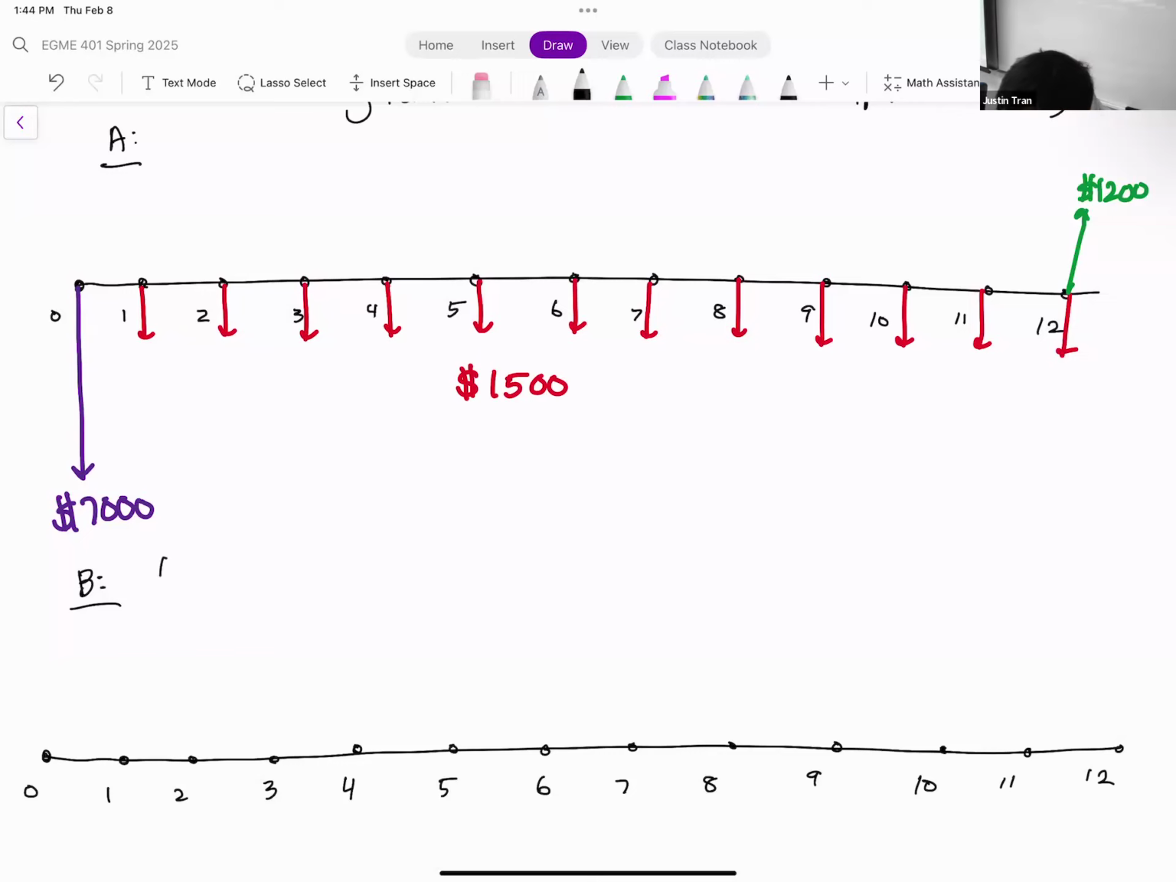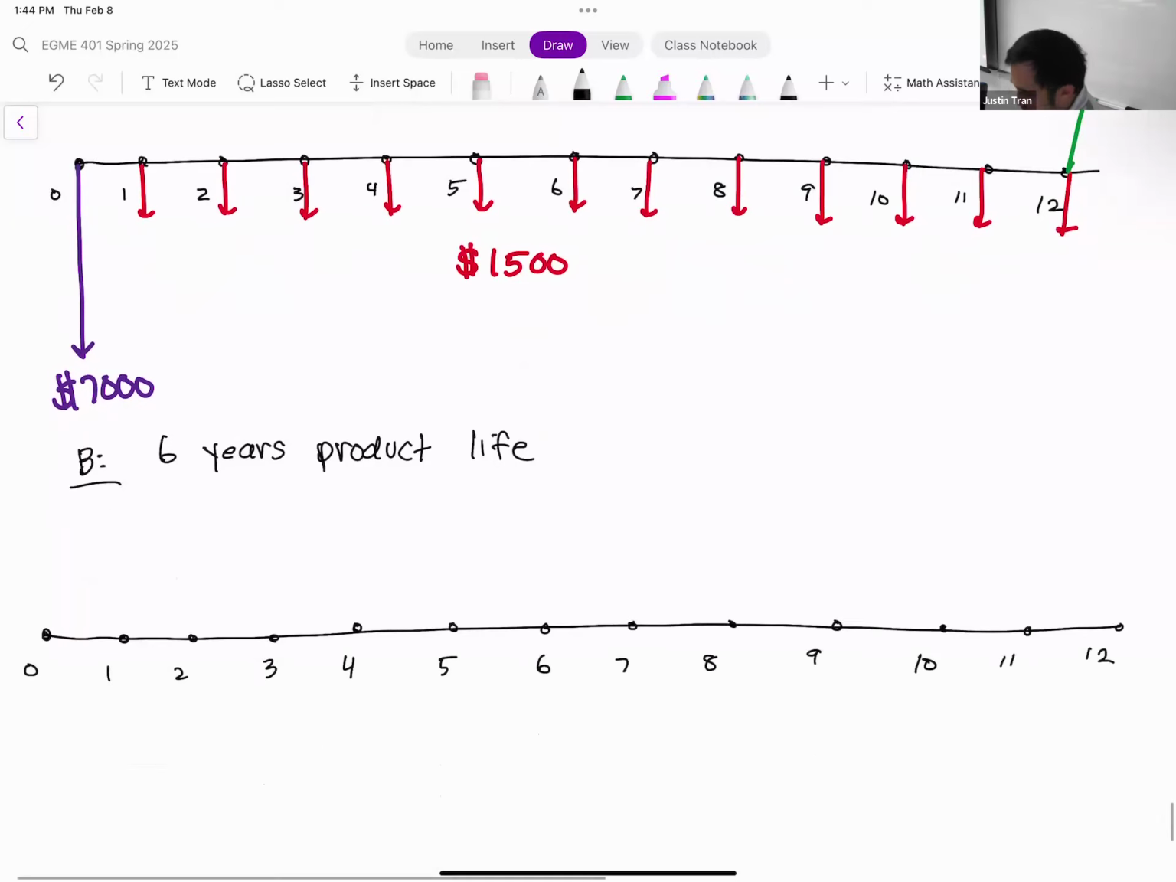Remember, pump B is only designed to last for 6 years. We need to do our analysis over a 12-year time period because that's how long pump A is going to last. And so what that means is that when the first pump reaches its end of life, which is in year 6,